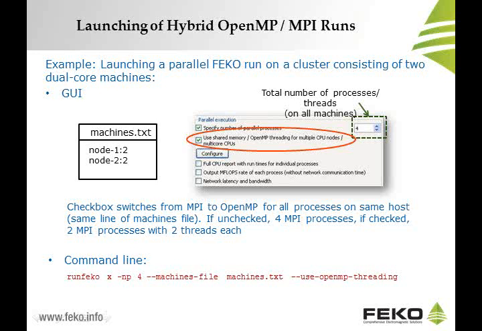But each process is then spawning 2 threads under the OpenMP programming model. For command line usage or within queuing systems and scripts and so forth, it's also very simple. We have the traditional run FEKO as our launcher command that you will see a few times here in this presentation, followed by the file name, number of processes, machines file, and by just adding the option --use OpenMP threading,